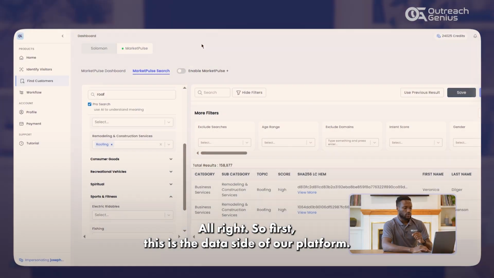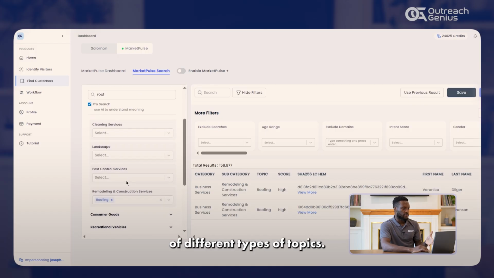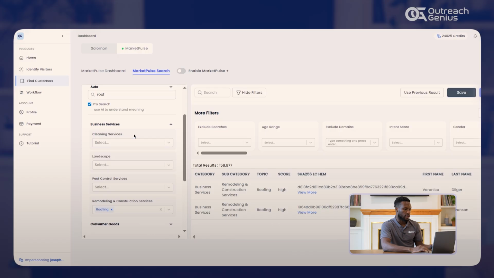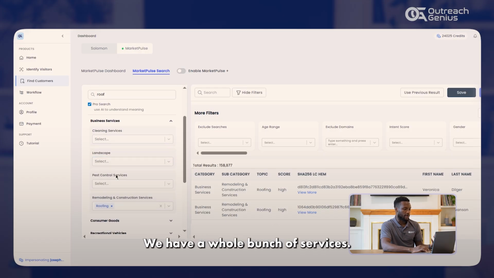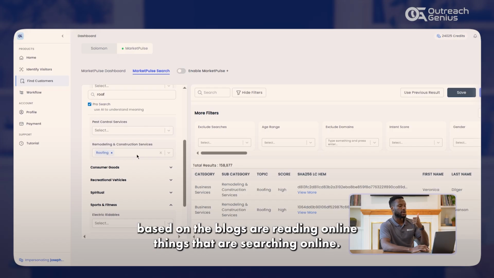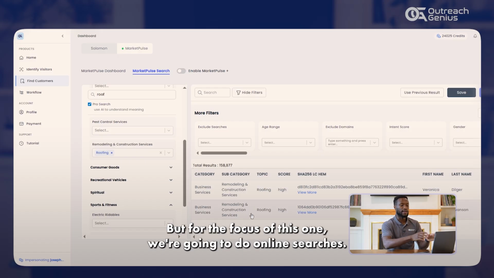Let's dive in. All right, so first, this is the data side of our platform. As you can see, we have a number of different types of topics you can search. Business services, for example, cleaning services, landscaping services. We have a whole bunch of services, but for this specific example, we're looking for roofing services, people who are searching for roofing services based on the blogs they're reading and things they're searching online. We can also do things offline, but for this one, we're going to do online searches.